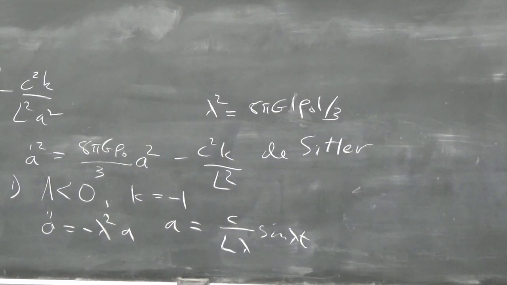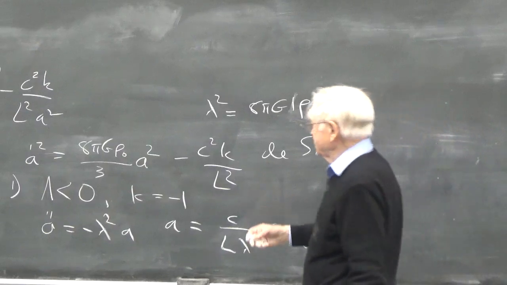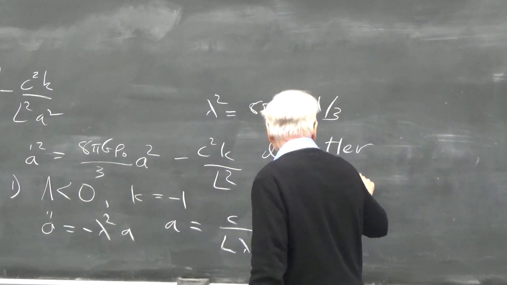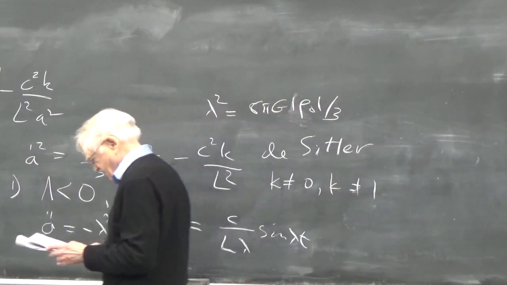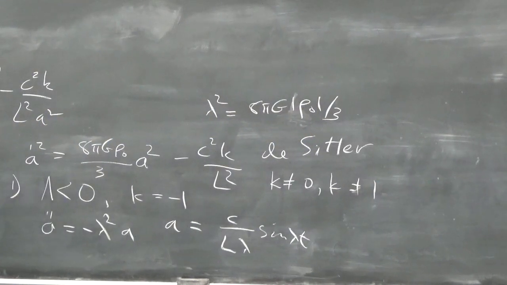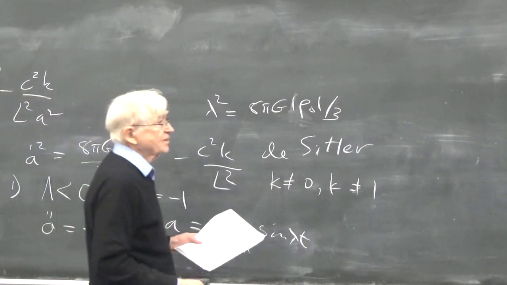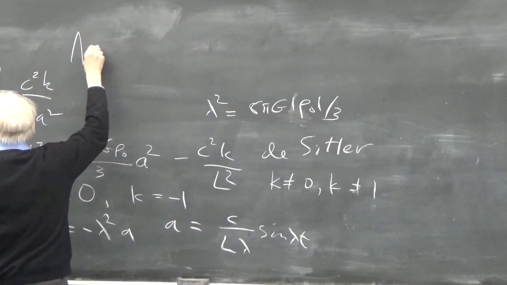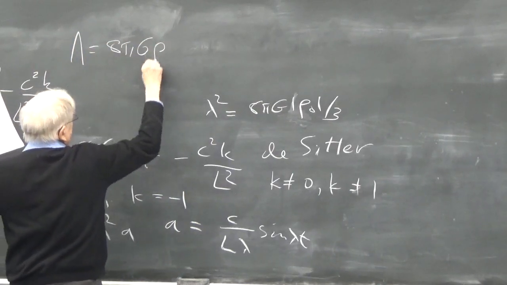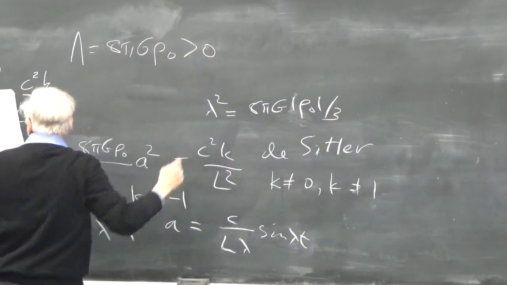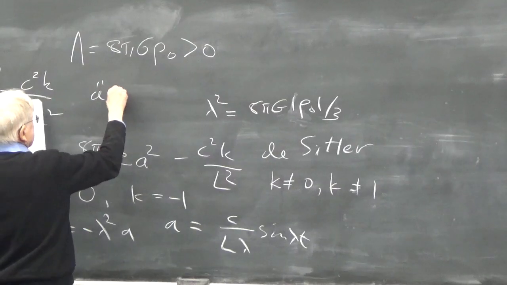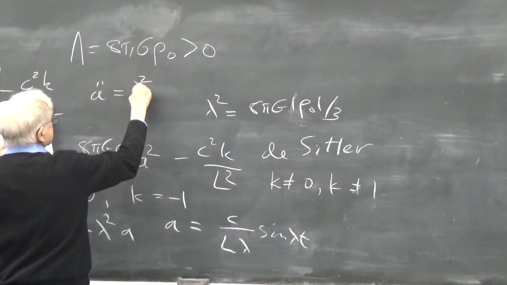And for negative dark energy, k can't be 0 and k can't be 1. So this is kind of unrealistic. As I said, k equals 0 as far as we know. If we now go to lambda, which again is 8 pi G times the dark energy density, positive, which is what we actually have, then we have a double dot equals lambda squared a,